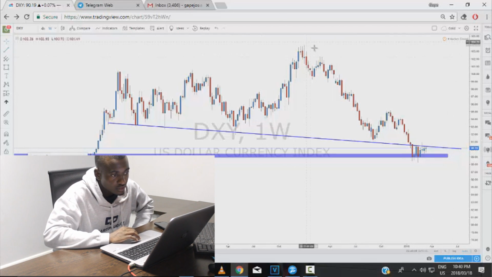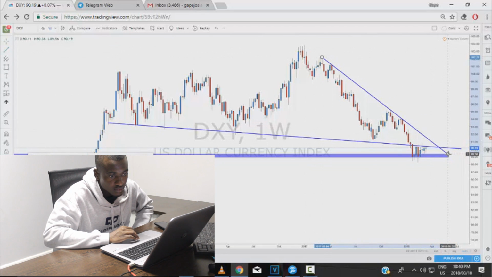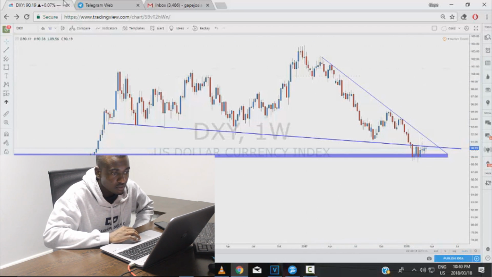But also, we have that trend line there in case price comes close to it. And then I'm gonna get on to